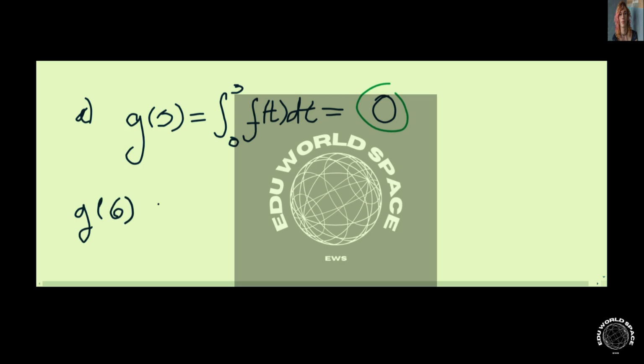Likewise, g of 6, by definition, is the integral from 0 to 6 of f of t dt. However, notice that the graph of f has rotational symmetry about